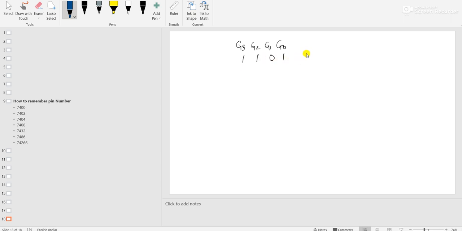The process of converting gray code to binary is: first, copy the most significant bit, which is the same as the most significant bit of the gray code. So we can write here 1.